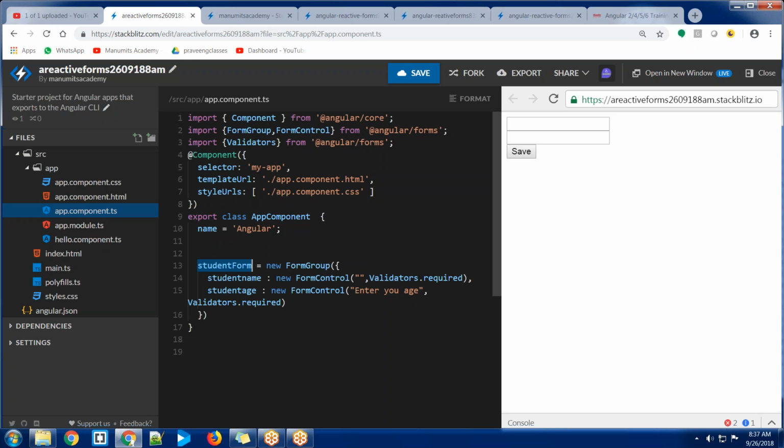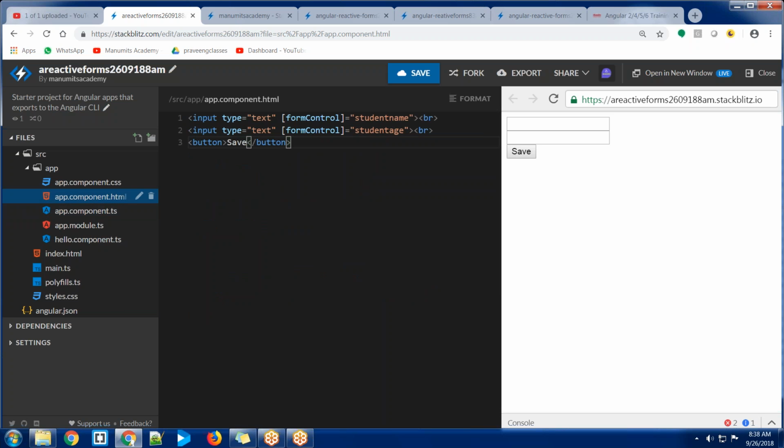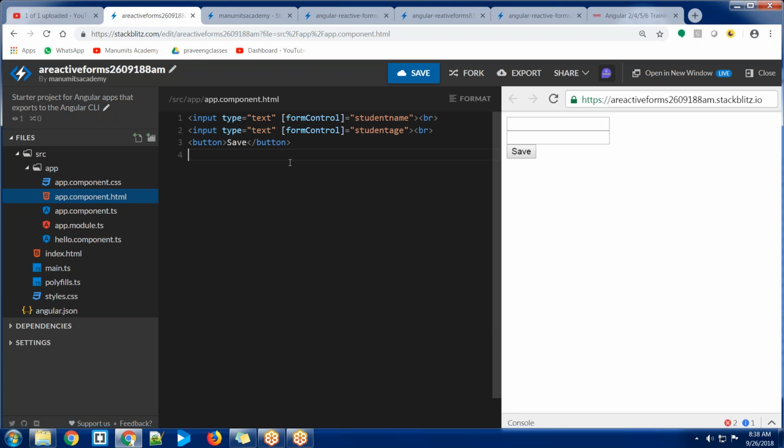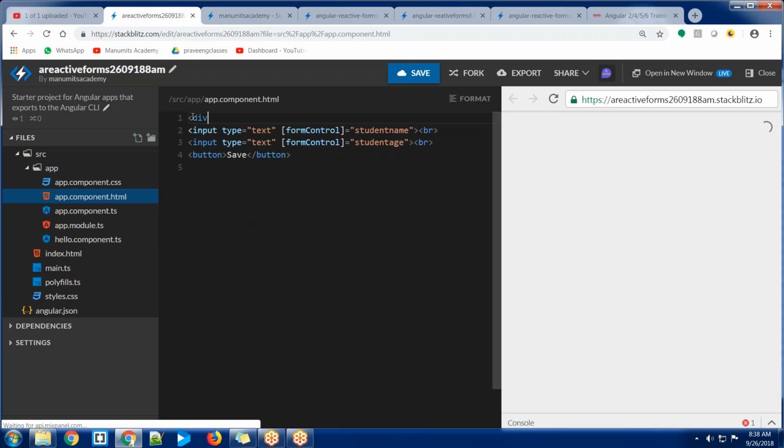form controls. One more thing, one second. I had to bind all these two elements in a form group. So for that I will take a division. In this division I will apply the form group is equal to